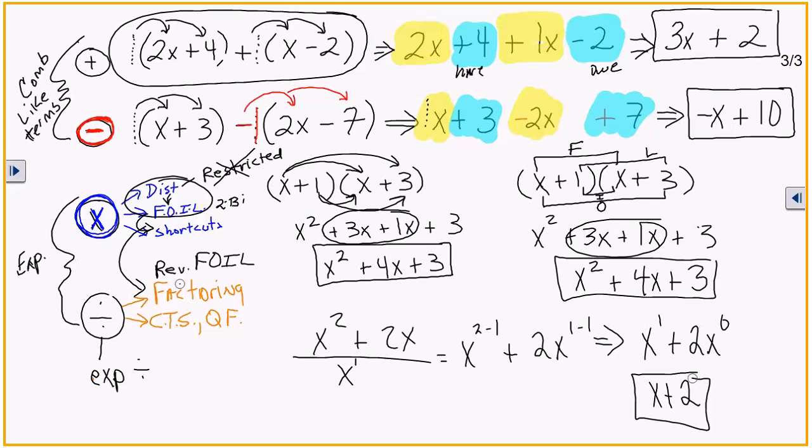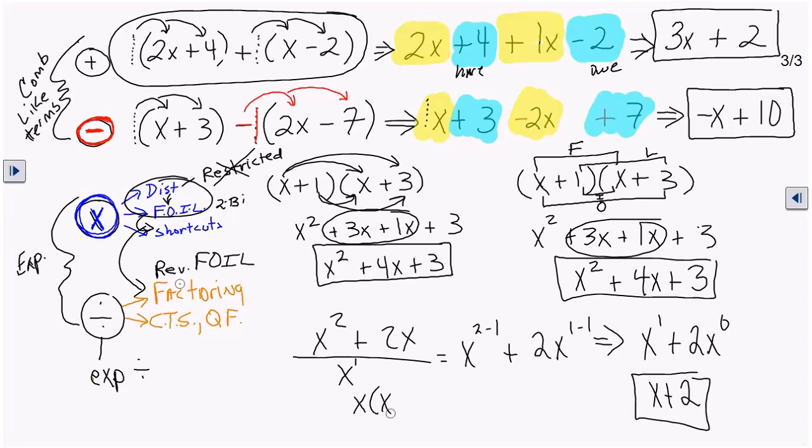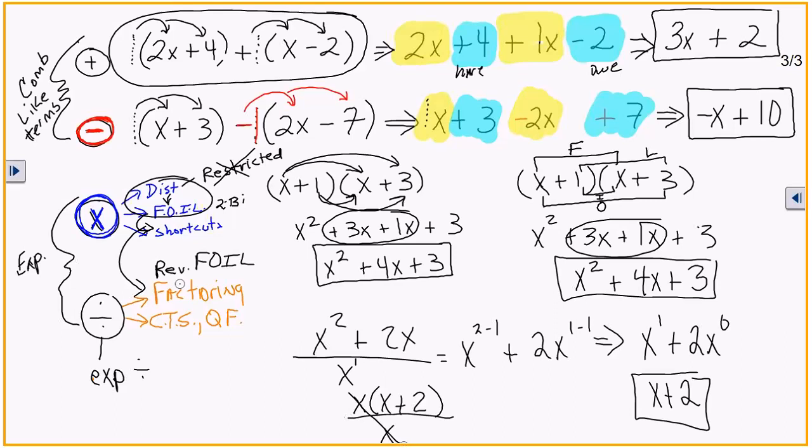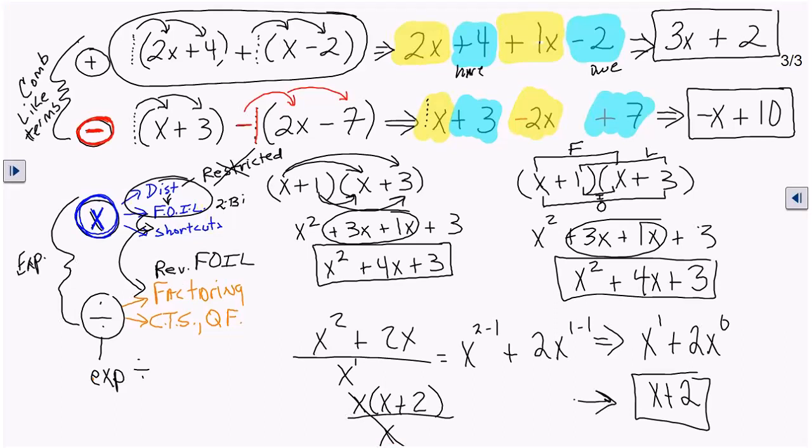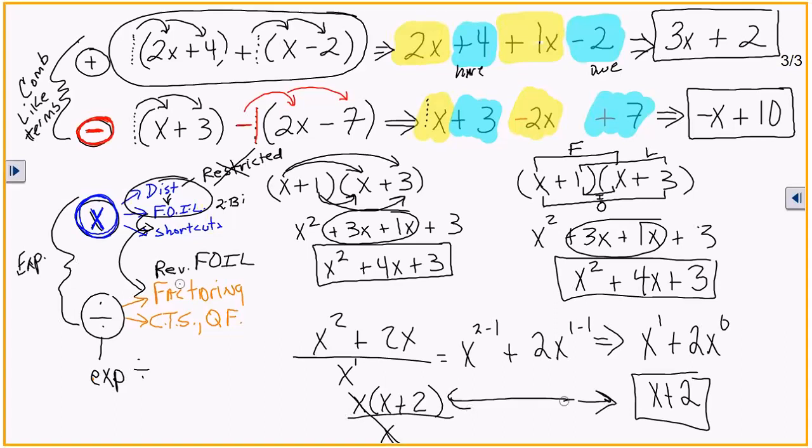So, and we talked about this in simplifying fractions. You could actually factor this out. X, and that'll give you x plus 2 over x. And then these factor out, and you get the same thing. Okay, so that's why you see factoring and division kind of going together. Now, we do get into long division, and I will touch on that in just a second. But I want to make sure you understand and remember